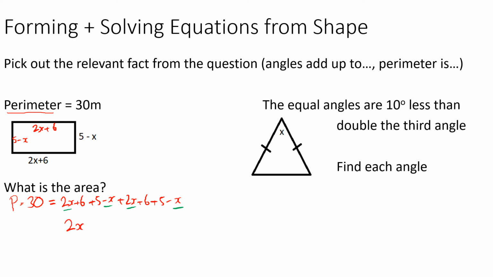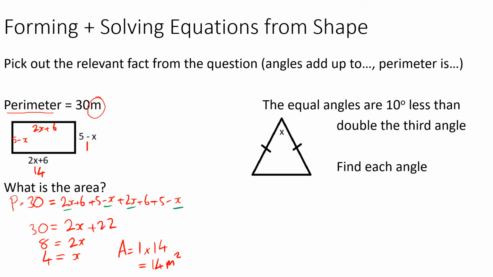And we've got 6 plus 5, 11, plus 6 plus 5, 22. 2x plus 22 is 30. Take away 22, divide by 2. We can get x is 4. And then we actually want to find the area. So this is maybe a point where you'd sub it back in. We've got the length here is 1, 5 minus 4, and the length here is 14. So the area is just base times height, 1 times 14, 14 meters squared,